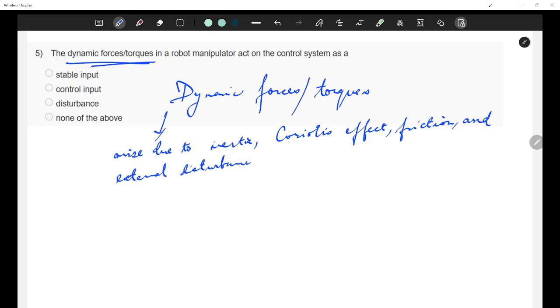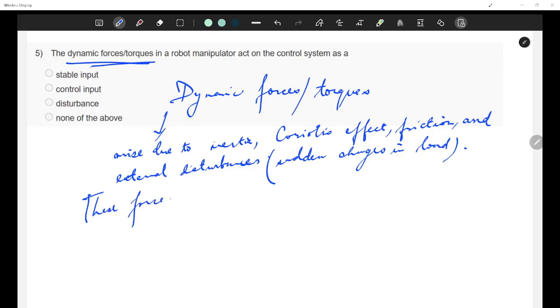External disturbances could be what? Sudden changes in load. So these forces are actually unpredictable, and they can affect the system's stability.